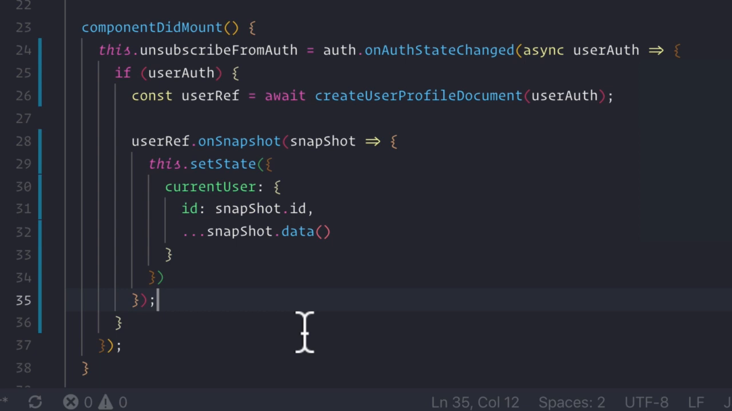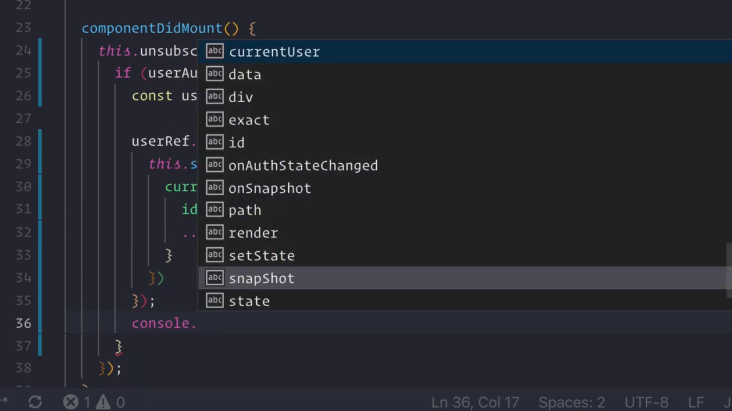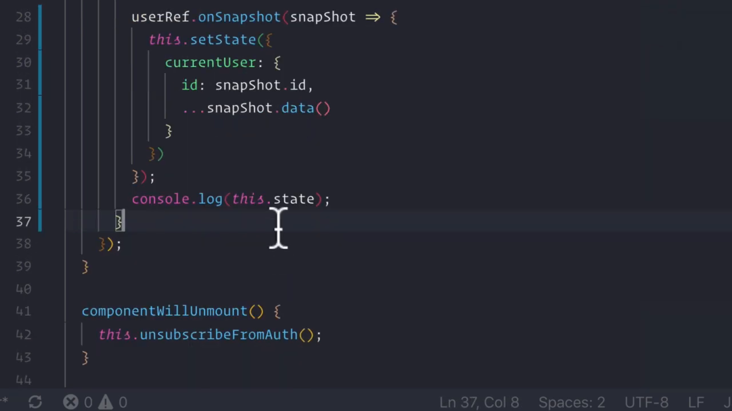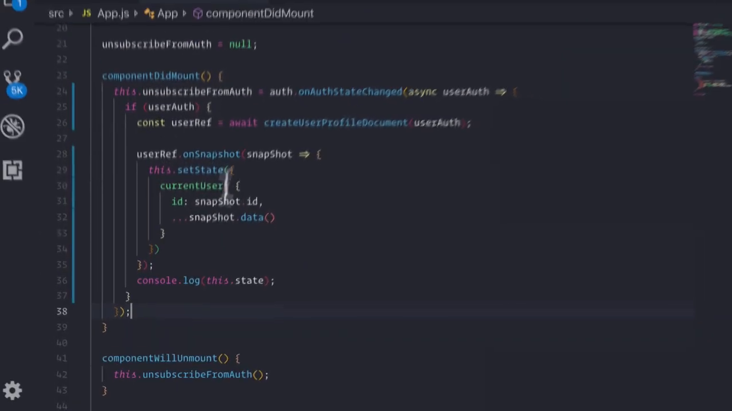And then just to make sure we're getting everything, right? Let's just console log this .state, right? Just to make sure that we're getting this through. Now, outside of this function